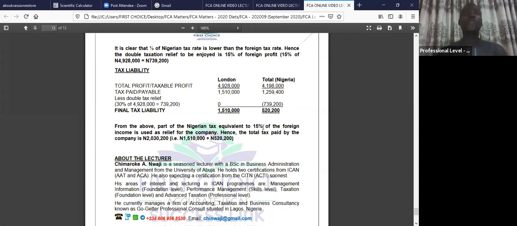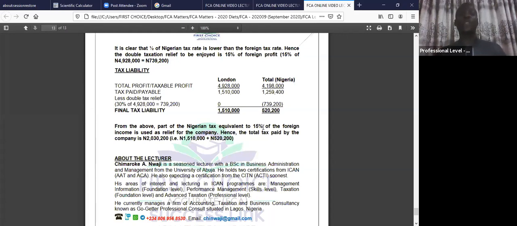Okay, so if a double taxation agreement exists, you are going to apply the smaller of the two rates to be relieved as tax. If a double taxation agreement does not exist, and it's a Nigerian company resident in Nigeria but domiciled outside, because a Nigerian company, anywhere it is, we call it resident in Nigeria, but domiciled outside. So if it is domiciled outside,